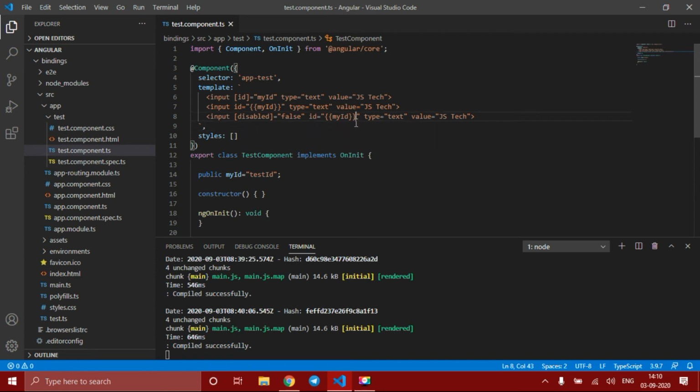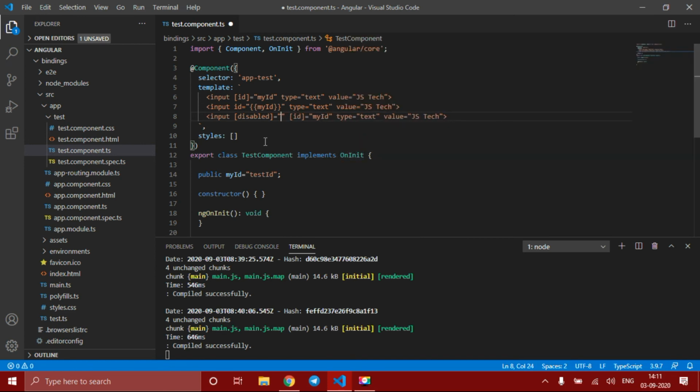And coming to the next point, let's remove this interpolation and we shall bind this id. So this is a good way of doing this instead of using interpolation, but I don't like changing this false here.